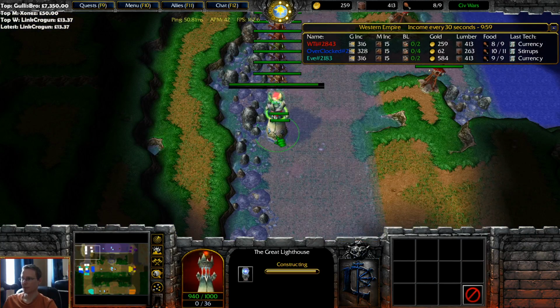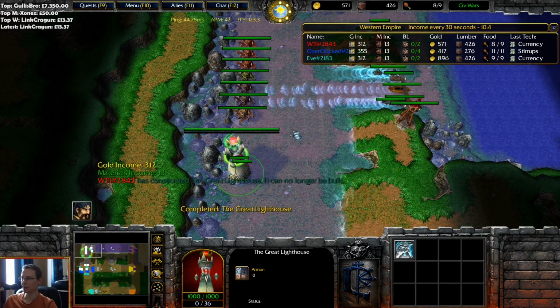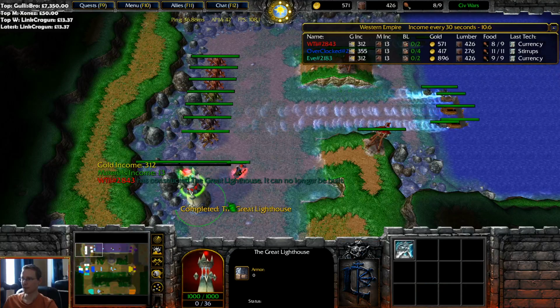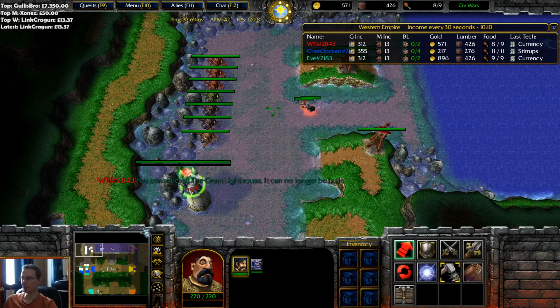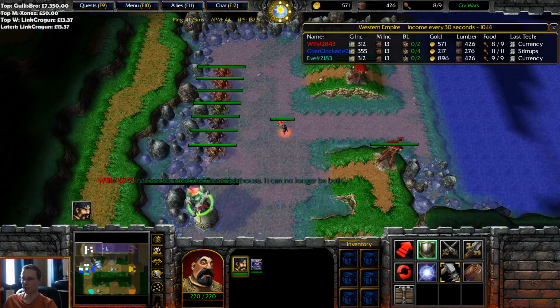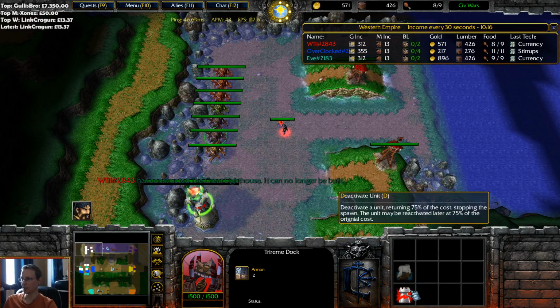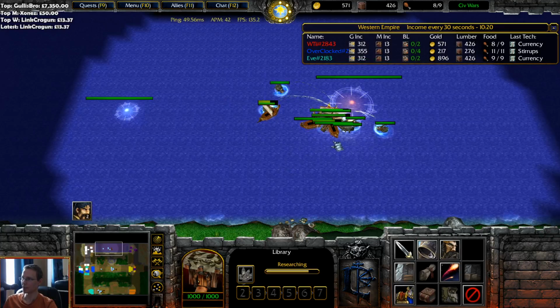Yes, my lord. Lighthouse. Oh, that would have been finished in a moment. That could have spawned a unit. Job done. More work. Never mind. You can deactivate it, but I'm not going to do that. I think that's for more advanced players, if they're trying to manage their resources and what they need and what they don't need. You can deactivate and it will return some cost, but it also costs to reactivate it, so...